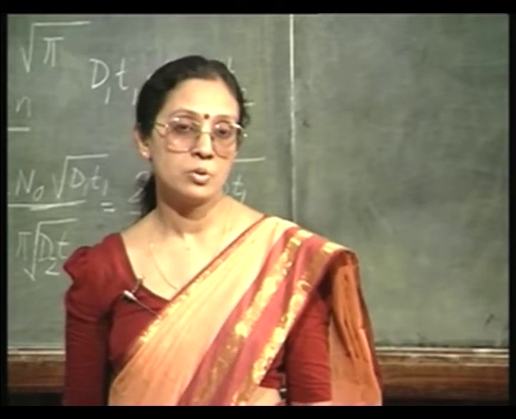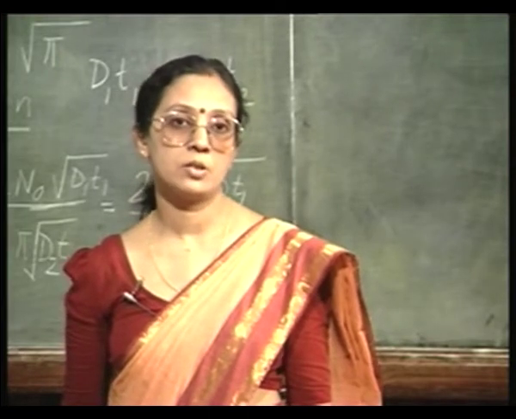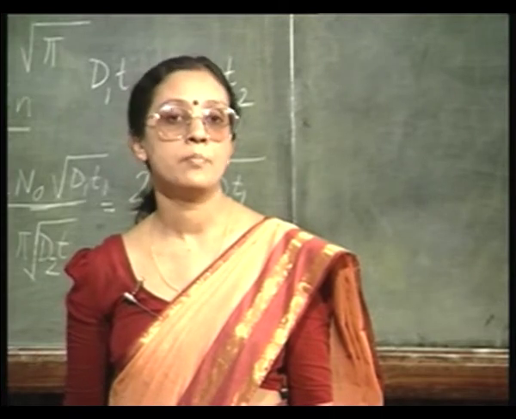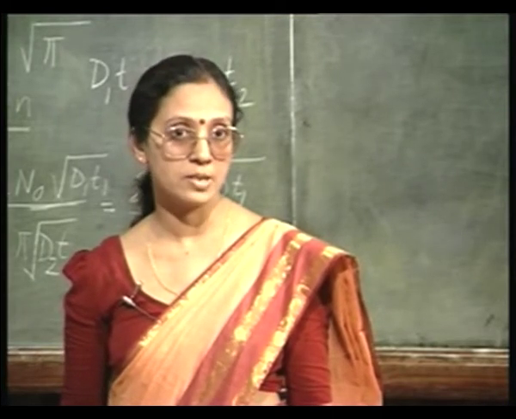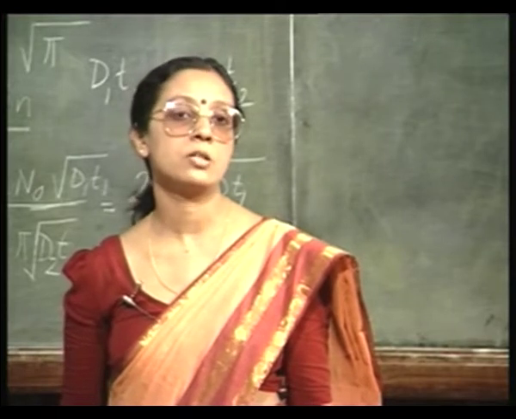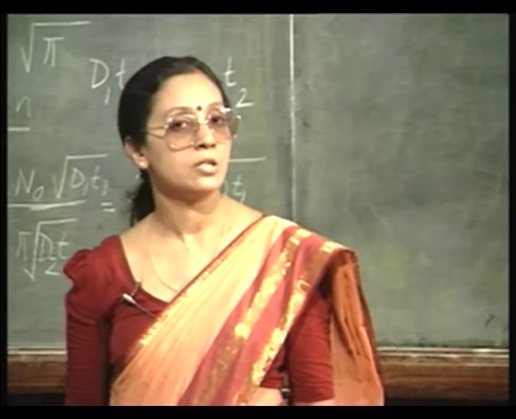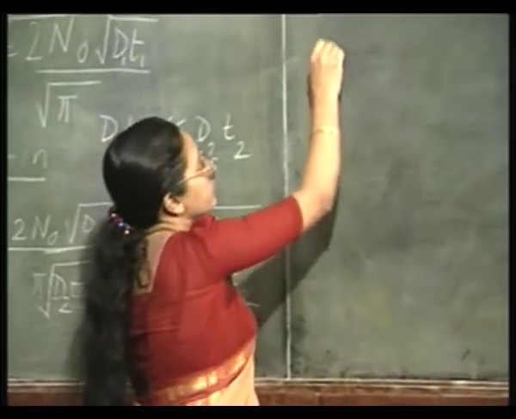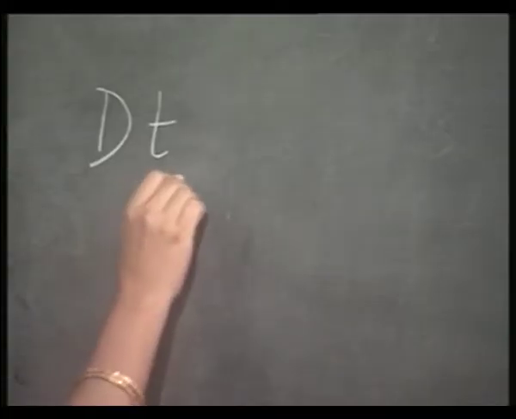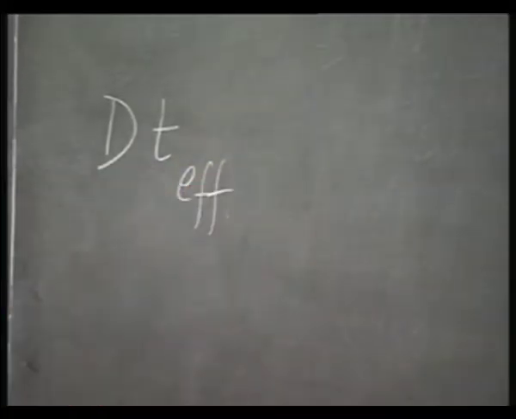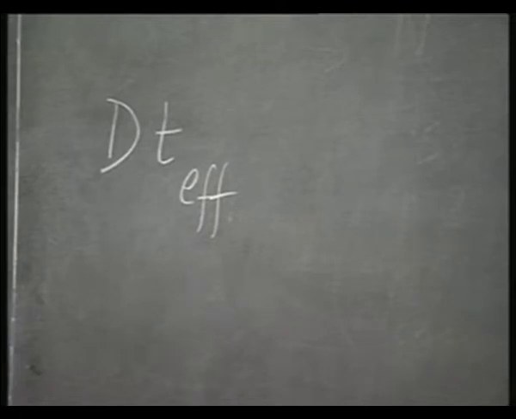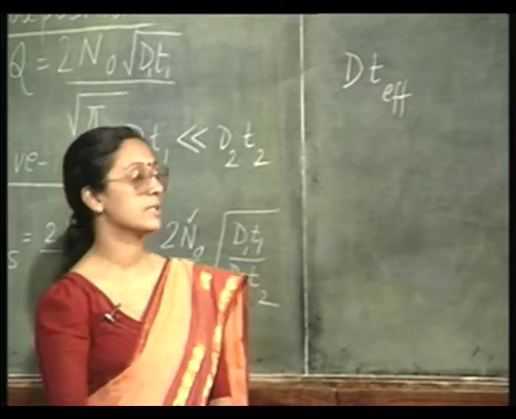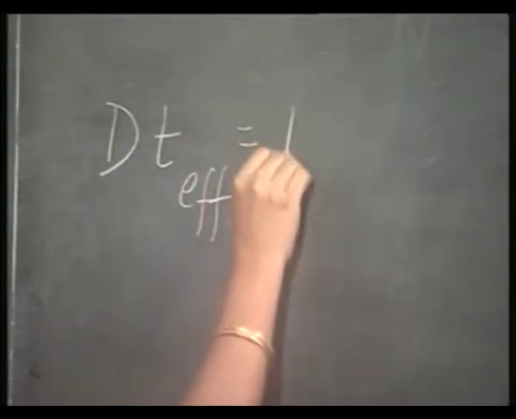So, when you design for a transistor with a particular base width, you must take into account not merely the base junction depth during the actual base diffusion, but also the additional effects during the emitter diffusion. And in such cases, the effective Dt, because you know Dt is the very important parameter. Dt in fact represents how deep the dopants have gone inside. In such cases, Dt is given as